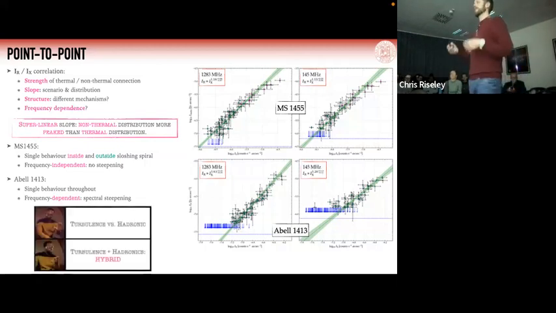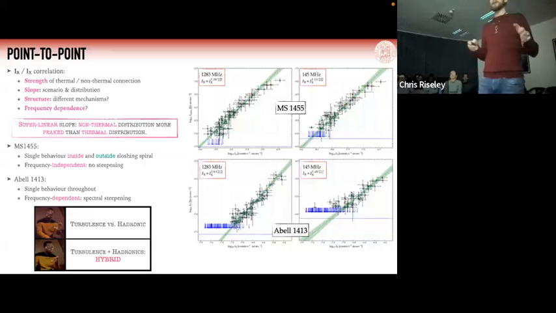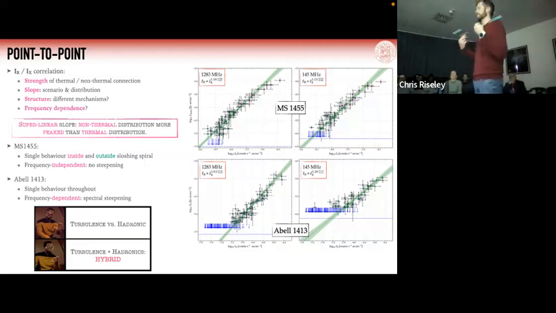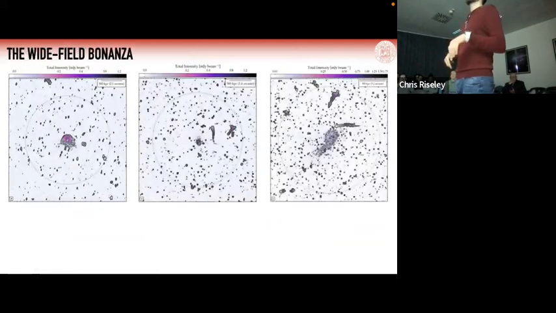And so this kind of brings us to the point of where the field is going with this whole turbulence versus hadronic question. We're kind of putting that scenario in the bin. And now we're looking at scenarios where we have contributions from turbulence plus hadronics, perhaps on different scales. And this is kind of where the field is moving and where there's a lot of interest from the theoretical side. As a brief addendum before going on to Abell 2142, there's a real wide field bonanza with these fields, because here are just some examples of MS 1455. You see the cluster there in the center.